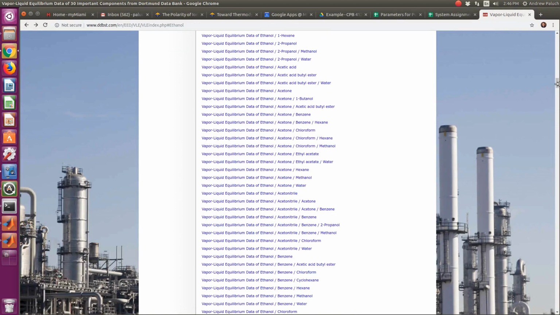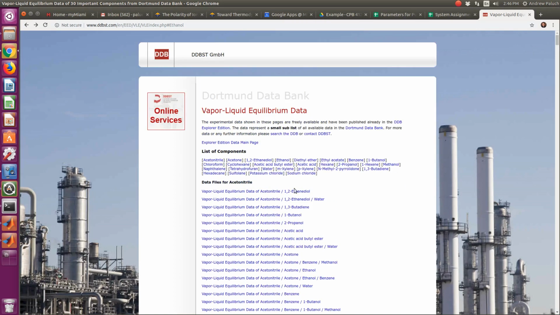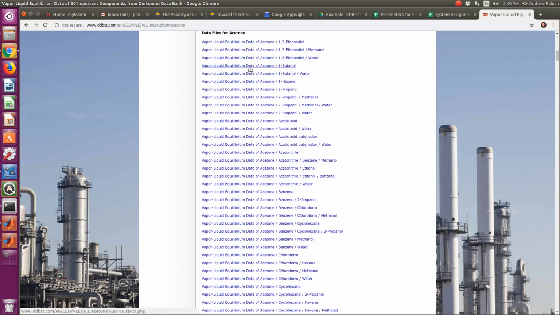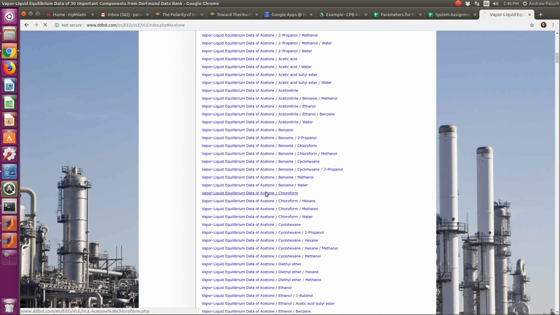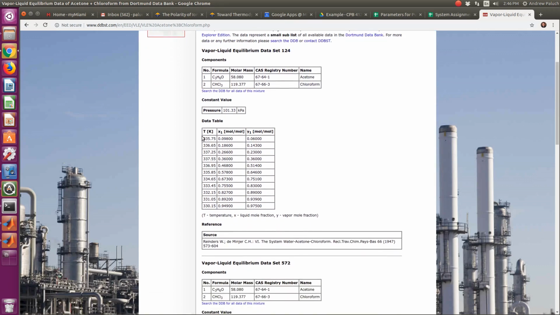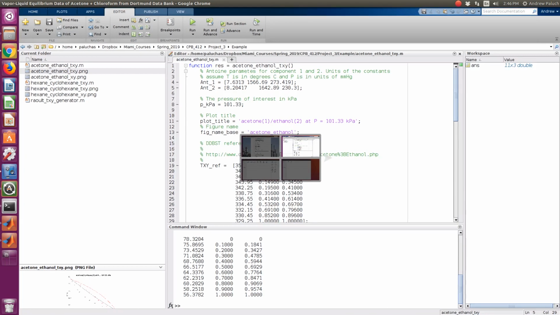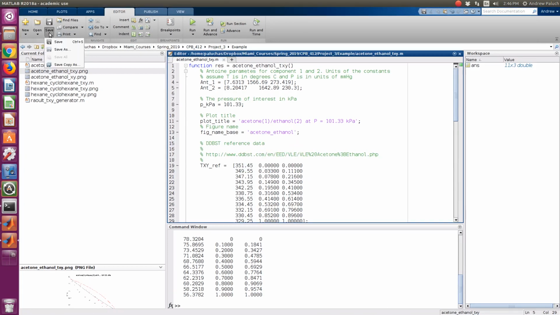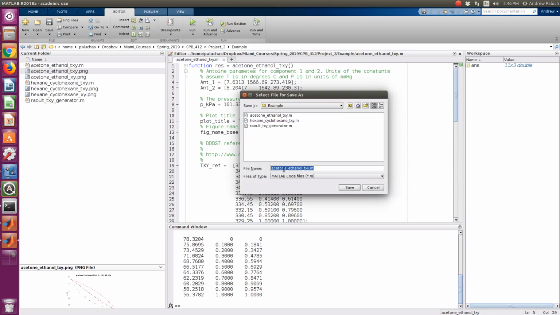Let's see if our favorite system of acetone and chloroform has TXY data. I know acetone chloroform should exhibit negative deviations from Raoult's Law. In fact, we do have data. So let's look at this one. I'm going to resave my file, save as. This is going to be acetone